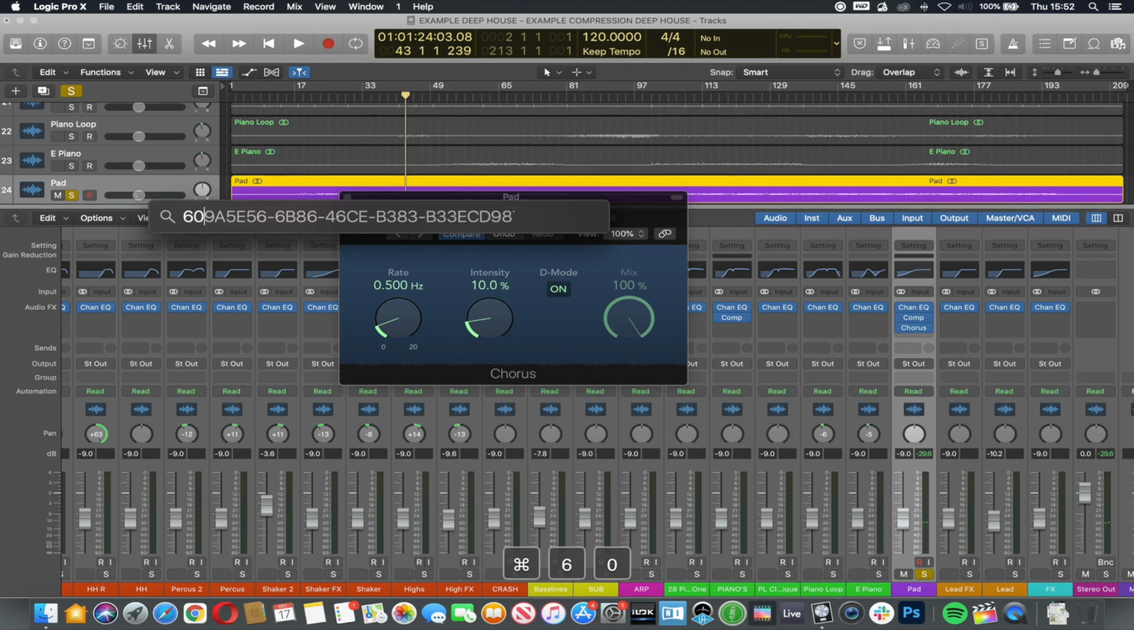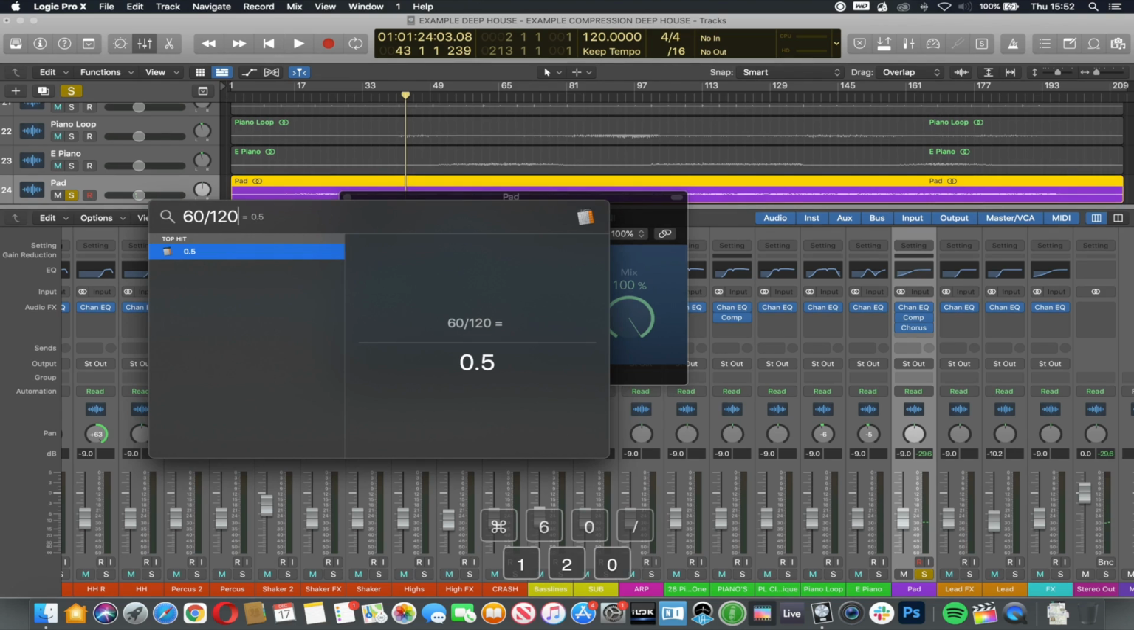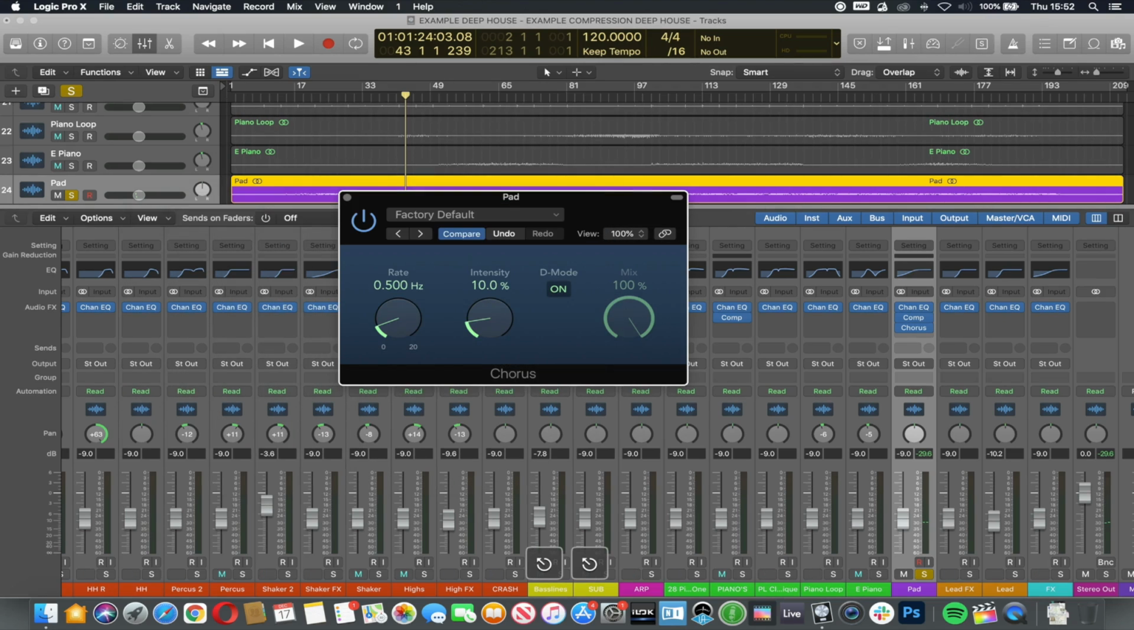So 60 divided by 120 is 0.5. Now you could have half of this value or double of this value and it would still technically be in time, in the same way of having half the tempo or double the tempo would be effectively the same time. So 0.5 or 0.25 would get this to pulsate in time. So 0.5 to start with. If I press play